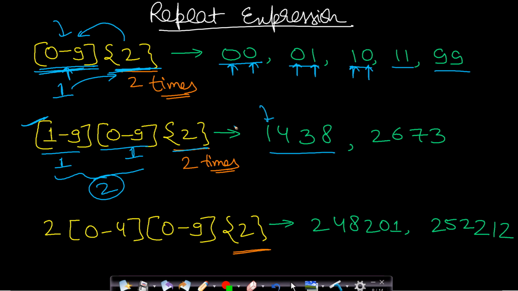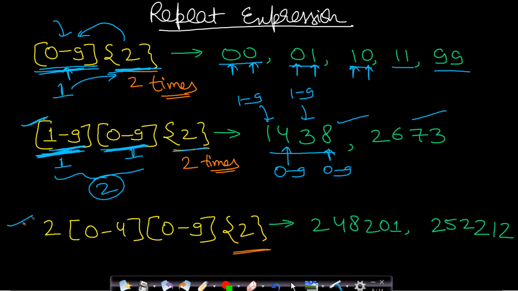The first digit will be in the range of 1 to 9 as it is indicated here. And similarly the third digit will also be in the range of 1 to 9, because this one will come as the first digit, third digit, fifth digit and so on. And this one here will come as second digit, fourth digit, sixth digit and so on. So this is pretty simple to guess. This will be in the range of 0 to 9. This will be in the range of 0 to 9. So these two are valid.